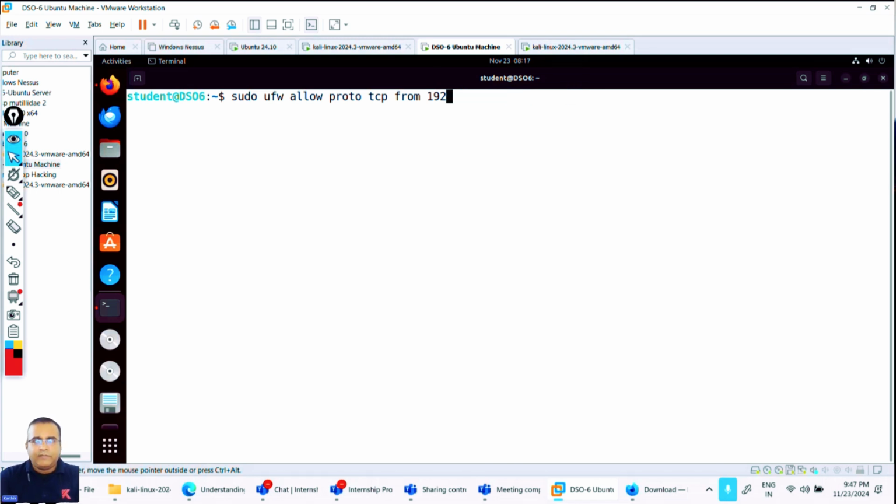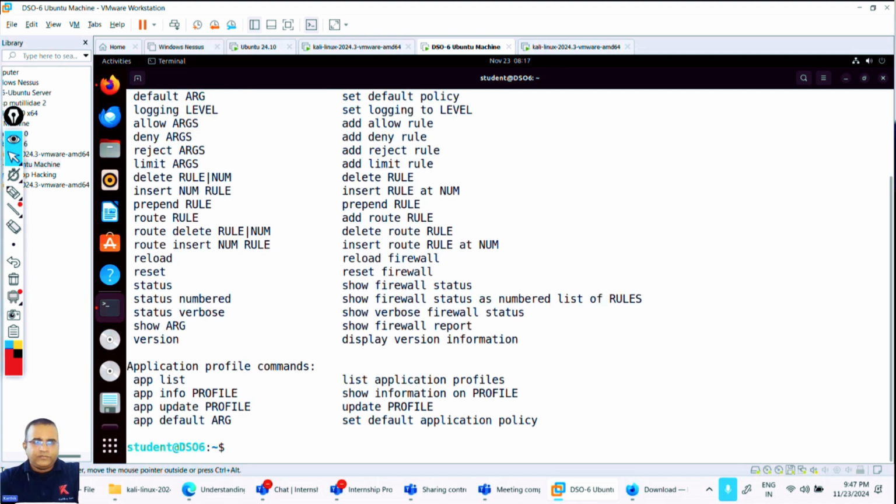But when you're going in that particular way, the priority of the rules has to match as well. For instance, if I tell UFW drop TCP 80, right? From 192.168.178.133, right? So this I'm not comfortable with. I think I'll come back to that later. So what is going to happen is that